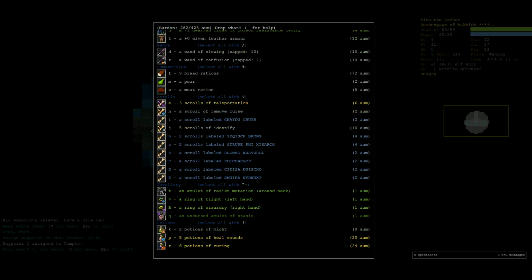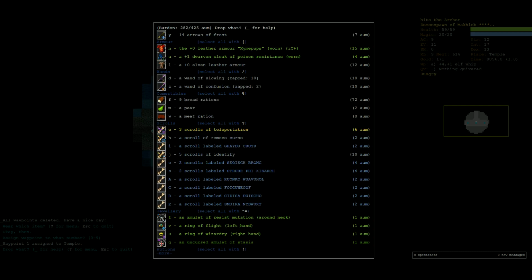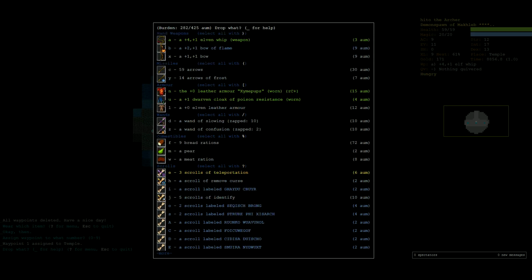I guess we'll keep Might now that guy pointed out it's kind of better early game. Maybe I'll use that and go Indiana Jones on something like an idiot. So, well, okay, we want to drop...